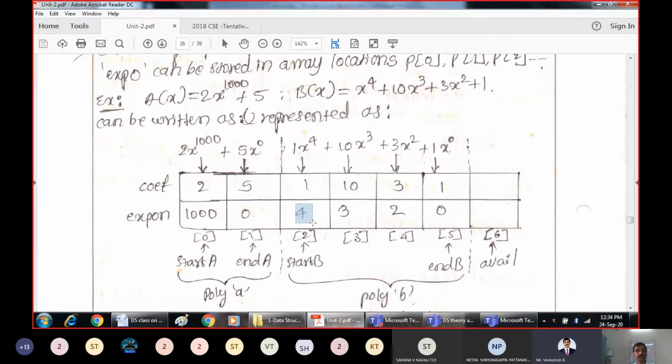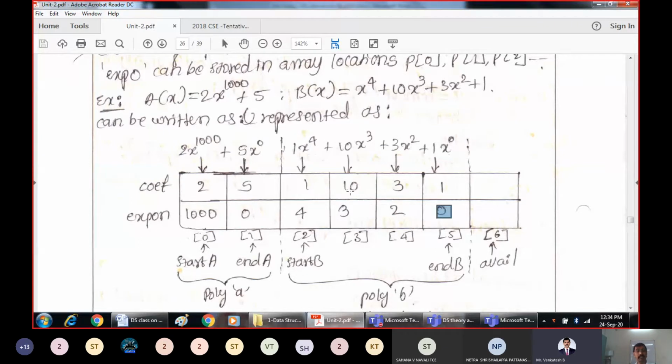So the first term is successfully represented. Then 10x raised to 3, so the coefficient value is 10 and the exponent value is 3. Similarly, 3x squared is 3 and 2, and 1x raised to 0 is 1 and 0.